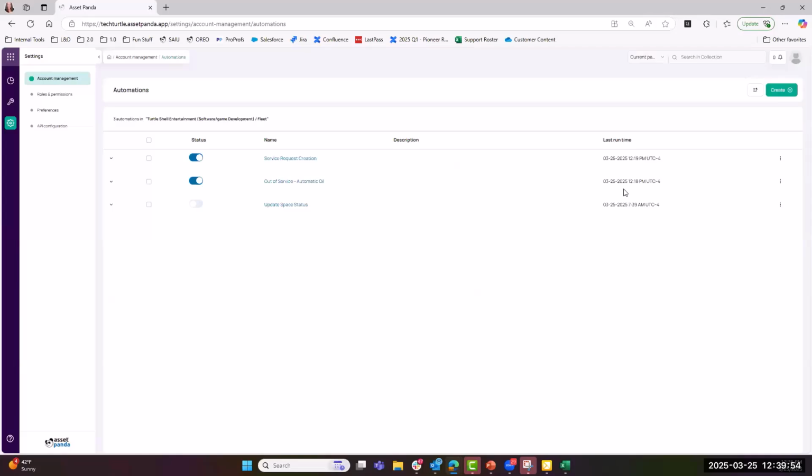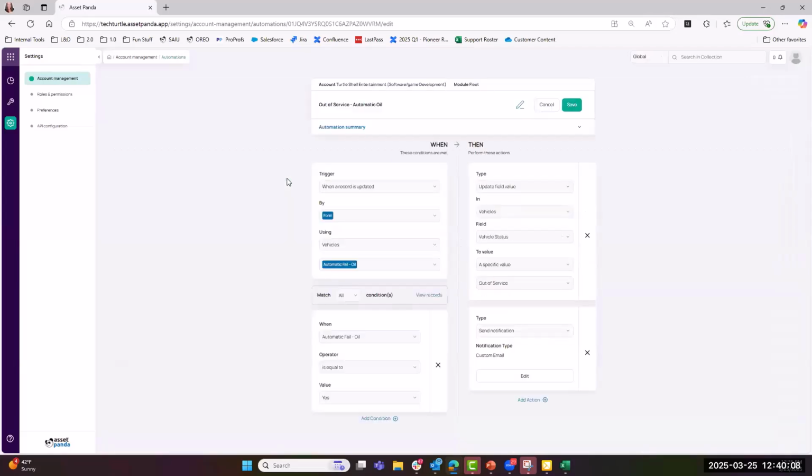So what I'm building in this one, I may not be building in another module, but I went to automations in the module I'm looking at. And we can go ahead and pop open some of these automations. So the first one is going to be the out of service for automatic oil. So if my oil is not adequate in this vehicle, I automatically want to mark this truck as out of